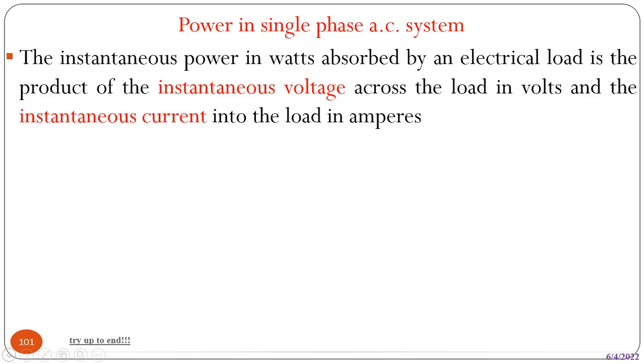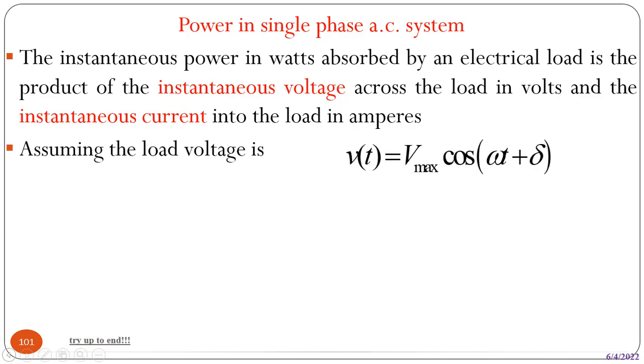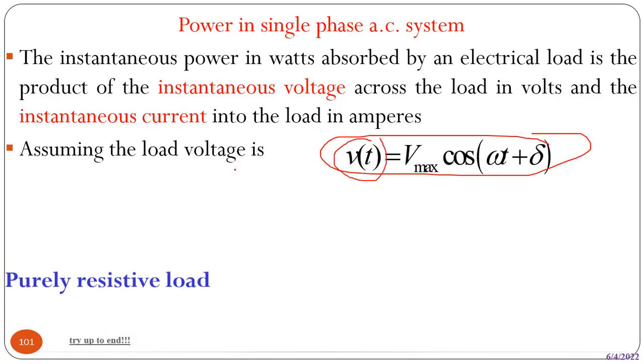where v(t) is equal to V max times cosine of omega t plus sigma, and the instantaneous current i(t) is equal to I max times cosine of omega t plus sigma. That means, as indicated, this is the instantaneous voltage,